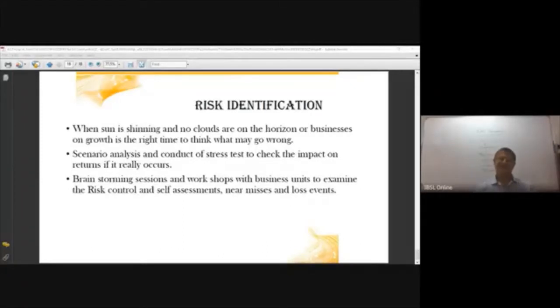So I believe you have a fairly good knowledge of today's session. That is the definition of risk and the types of risk a bank will undertake in their business lines, and also the management process, which includes identification, measuring, responding, monitoring, control, and reporting. So with this, I would like to conclude today's session.